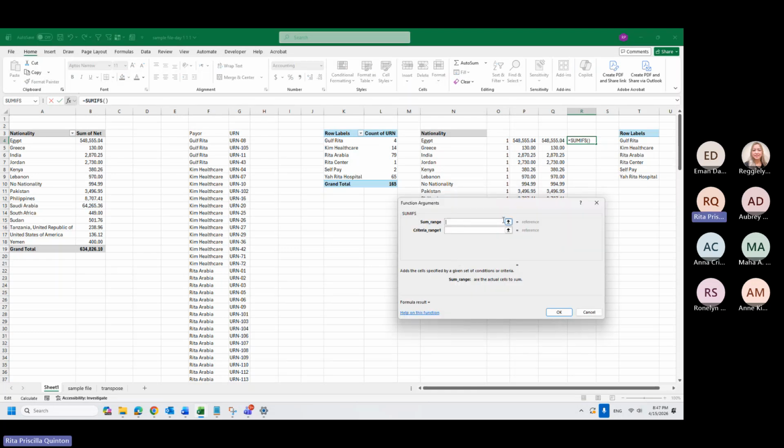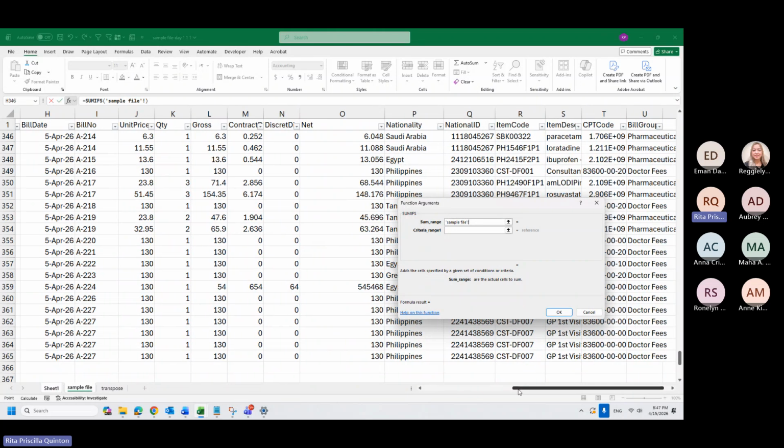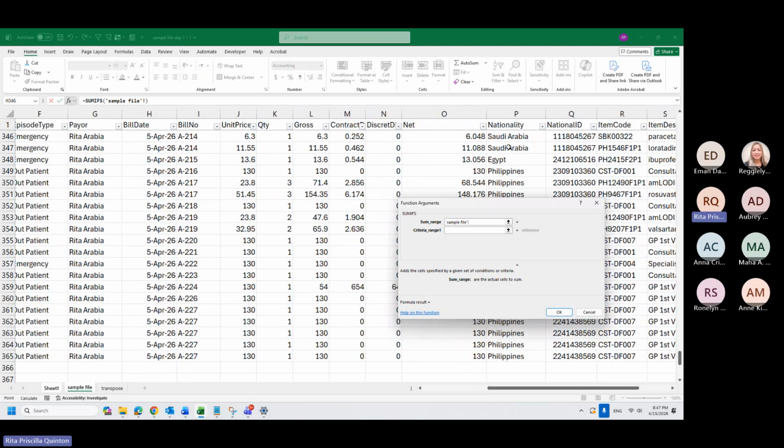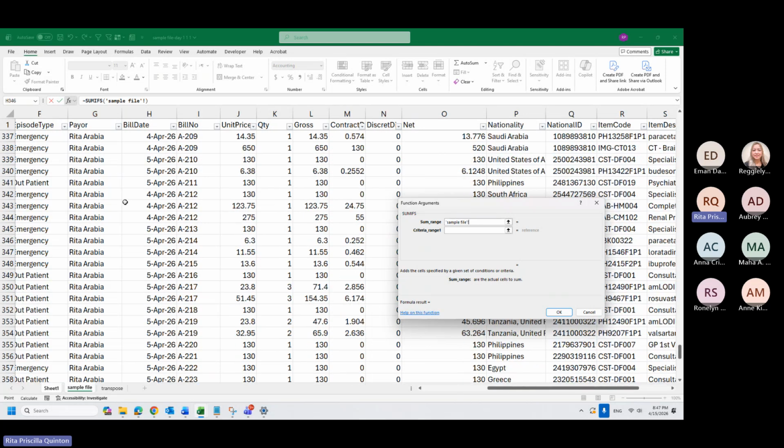Okay. Sum range. But here you have to put what column you want to add. For example, I want to know all the Saudi patients under the payer Rita Arabia. So what I will do, I will add all the net, sum range of net.